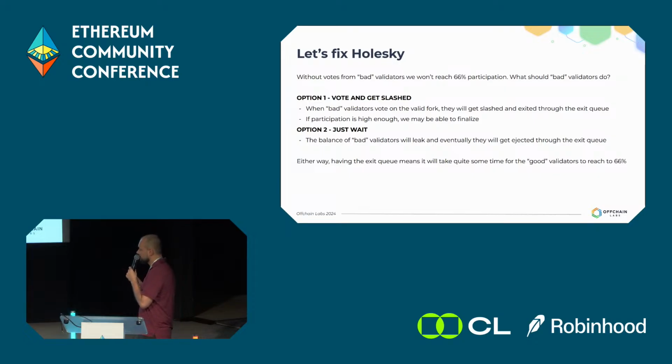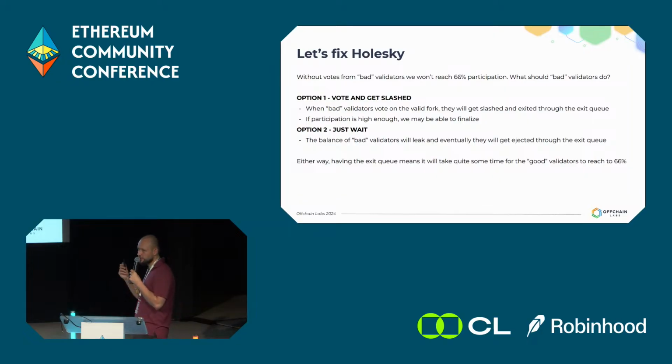And secondly, there's also an option that the gossiping of slashings, putting slashings into blocks, doesn't work perfectly. In which case, if all the bad validators get up, they can vote once, so we can justify for sure. Then they should get slashed. But if initially we have enough participation, maybe we can get to the next epoch with still more than 66% of the network, which means good validators and bad validators that haven't yet been slashed, and they can vote again, and we can finalize the good fork.